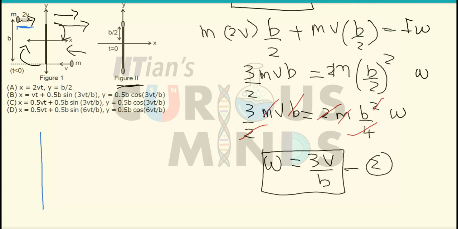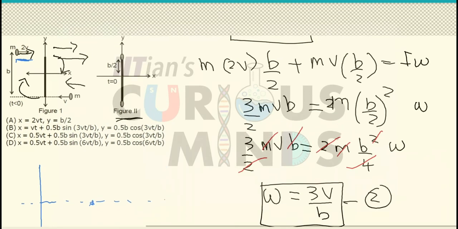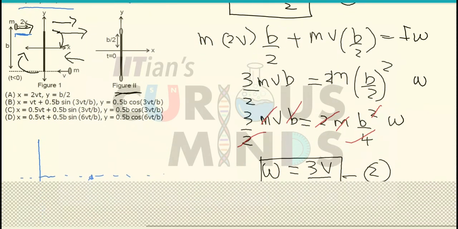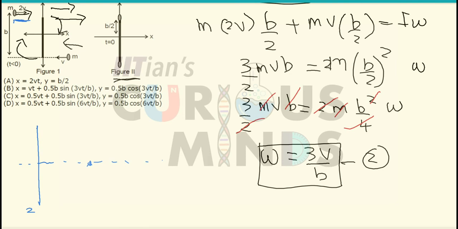But let us assume that this figure is just after the impact, that is figure number 2. After the impact, the rod will shift in the right hand side direction. How do I know that the center of the mass will shift in the right hand side direction? I can clearly say that the velocity of the center of the mass is positive, and it is in the right hand side, and therefore the rod will rotate in the clockwise direction. So let us assume after certain time t, the rod rotates about this angle theta.